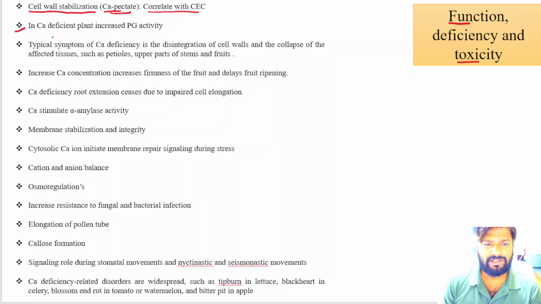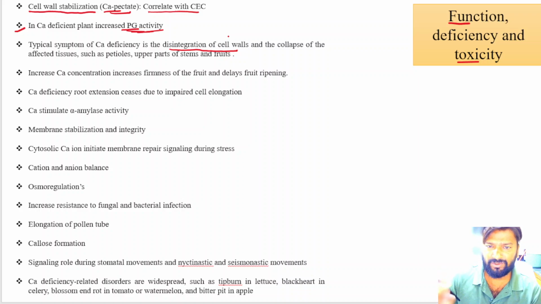In calcium deficient plants there will be an increase in the polygalacturonase activity, and a typical symptom of calcium deficiency is the disintegration of the cell wall, मीन्स अगर आपका डिफिशियंसी है तो क्या हो जाएगा, there will be reduction in the cell wall stabilization which causes the disintegration of the cell wall